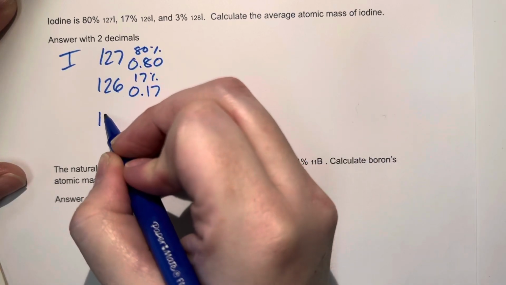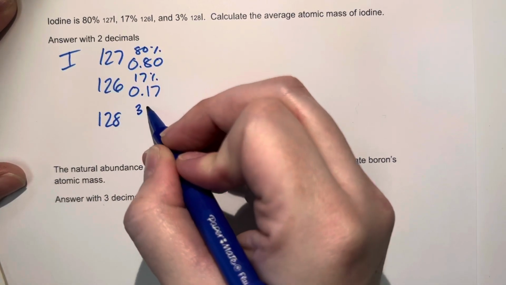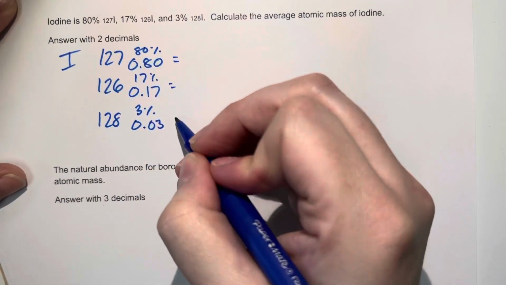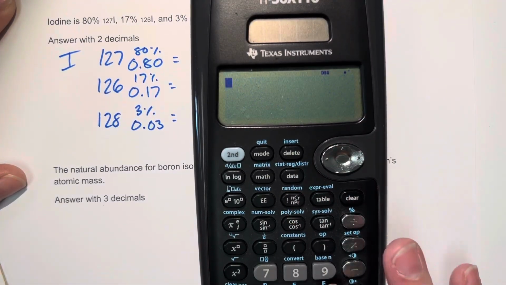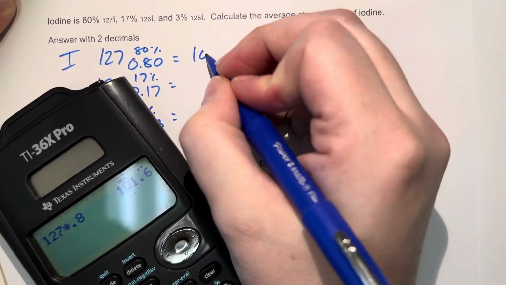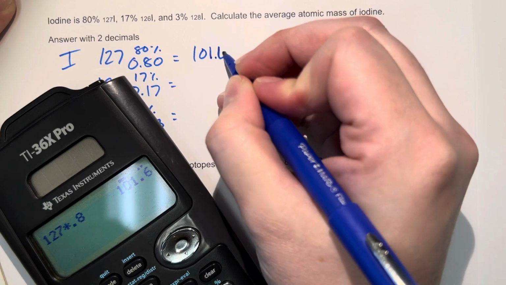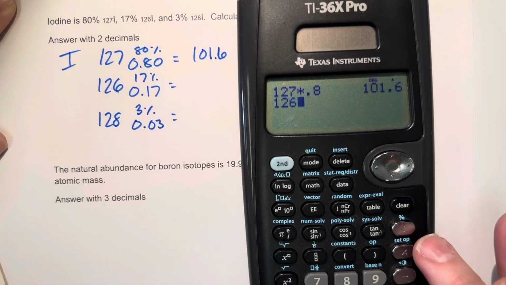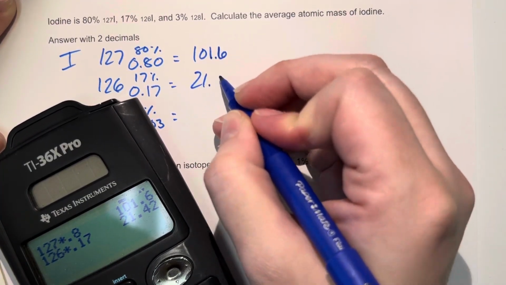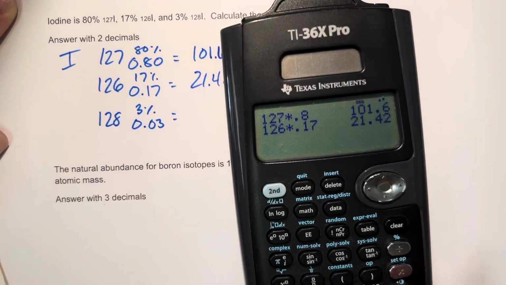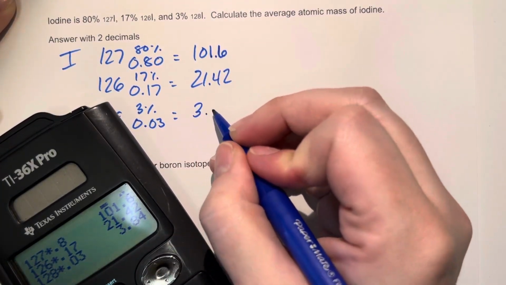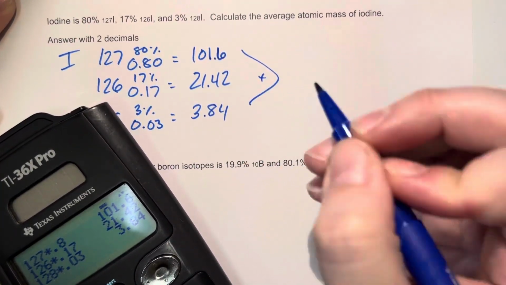And then iodine 128 has a 3% abundance. Moving the decimal over twice, 0.03. So 127 times 0.8 gives me 101.6. 126 times 0.17 gives me 21.42, and then 128 times 0.03 gives me 3.84. Adding these all together